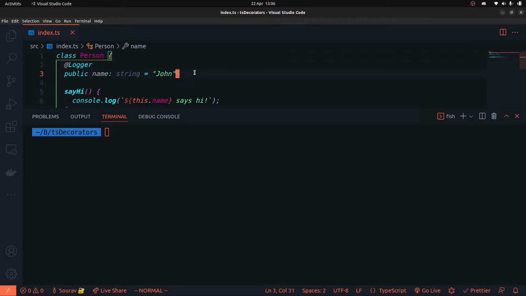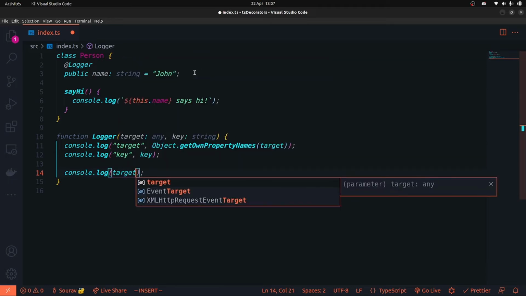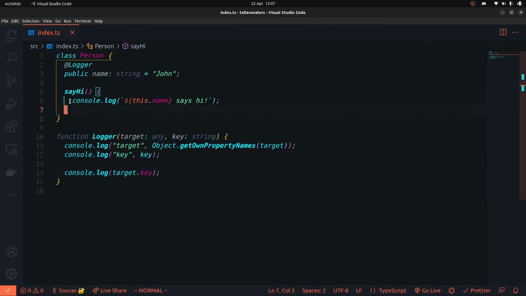Now why do I want to talk about this? The reason is that the target here, as I told you, is the prototype, not the class itself. That means this thing which is present in the class won't be present in the prototype, because prototypes only inherit methods, not properties. That means if I come down here and let me just log this, and as I told you, if this was the class, if I was to do a target.key, that thing would actually fire this. That thing will actually trigger the say hi function, if I was to place this logger here, of course. But if this thing was present up here in the logger on the name property,